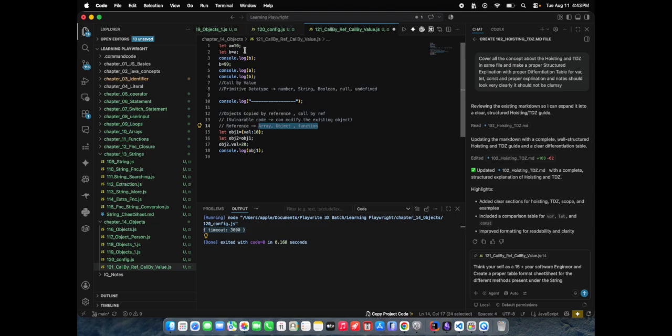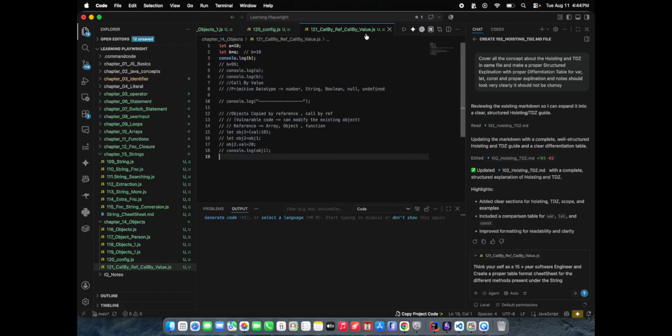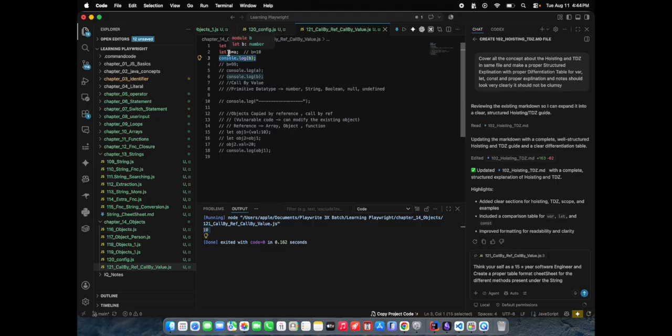So if we have two values, I have a is equal to 10 and b is equal to a. Here, b is equal to a means the b value is now assigned the a value, that is 10. If I print this one, I will comment out the other line for better understanding, the b value will also be 10. If I try to access the b value, I will get the assigned value, which is 10.